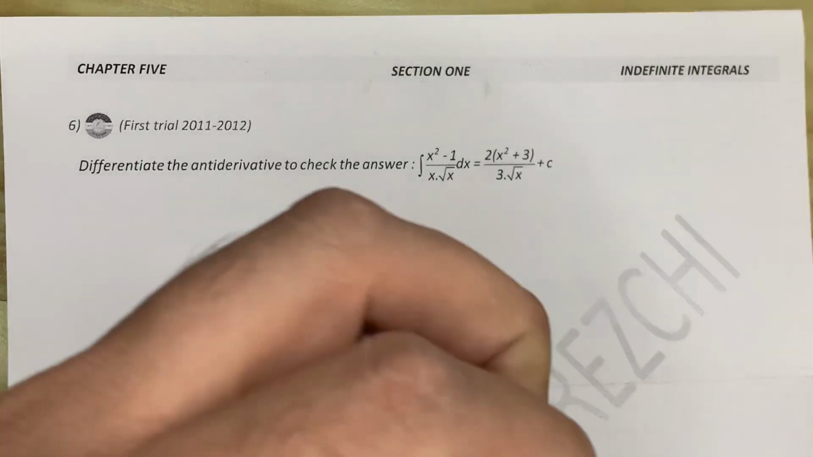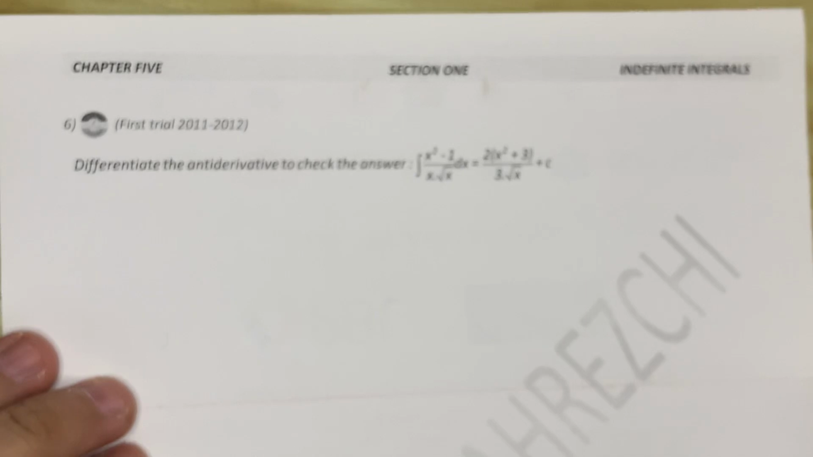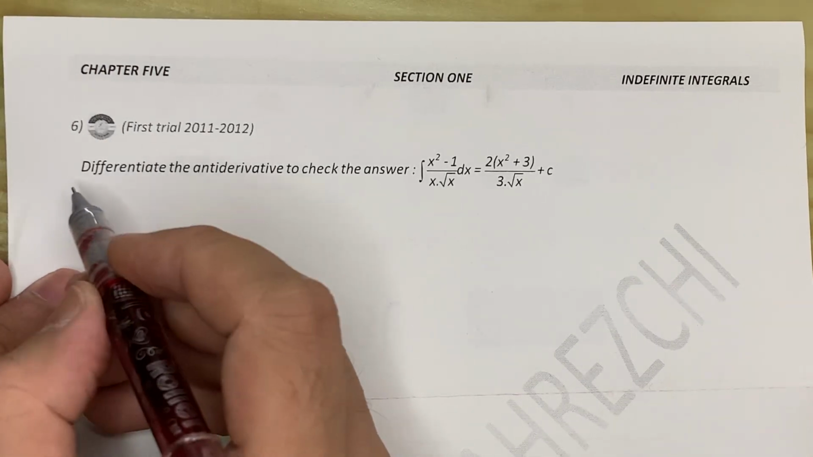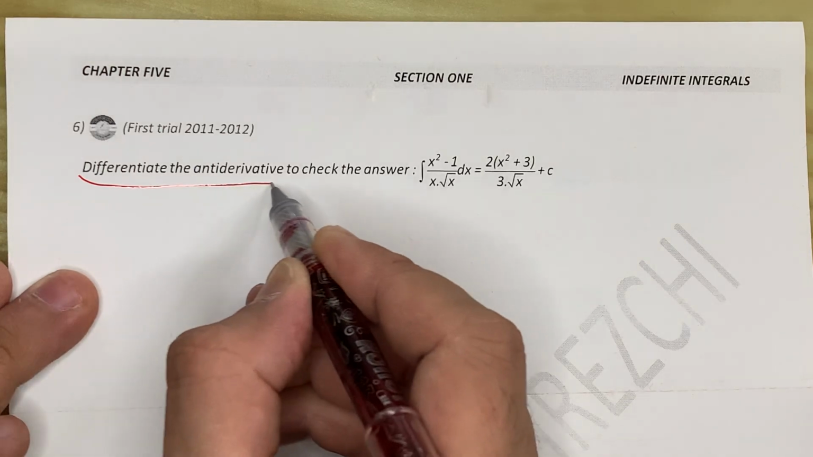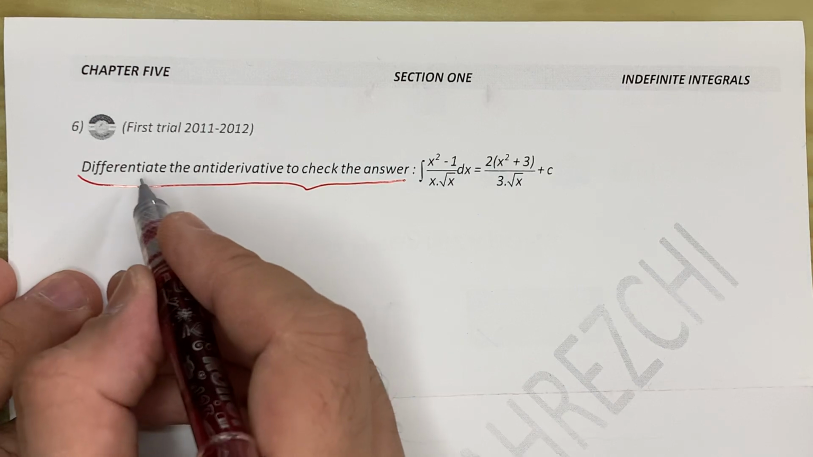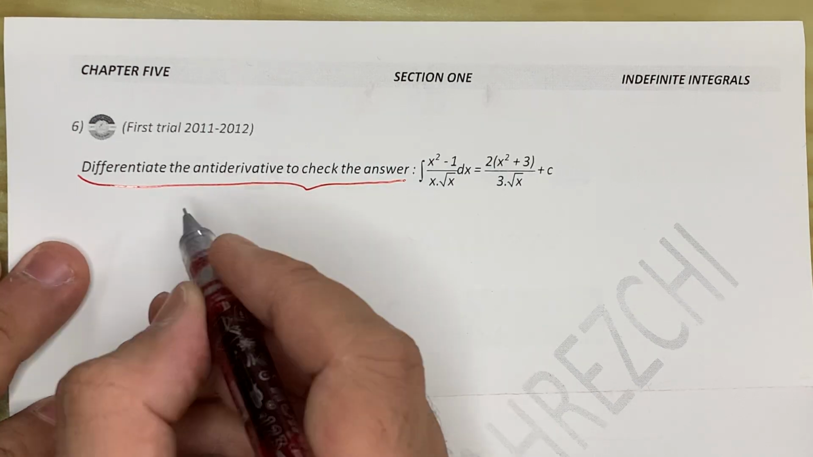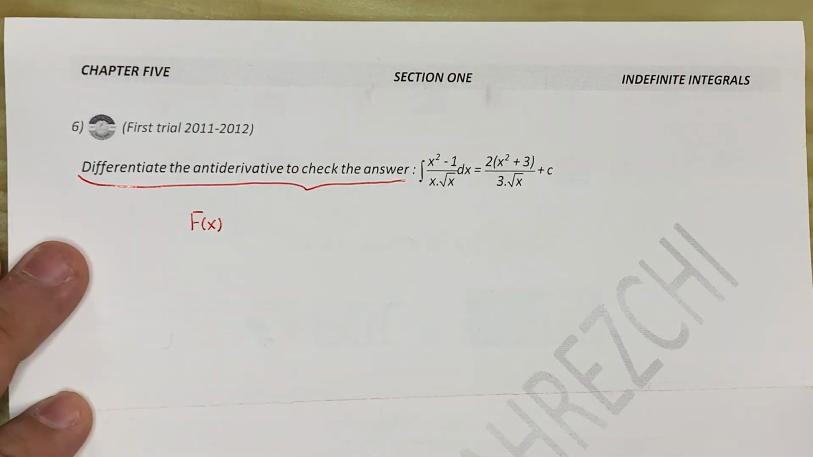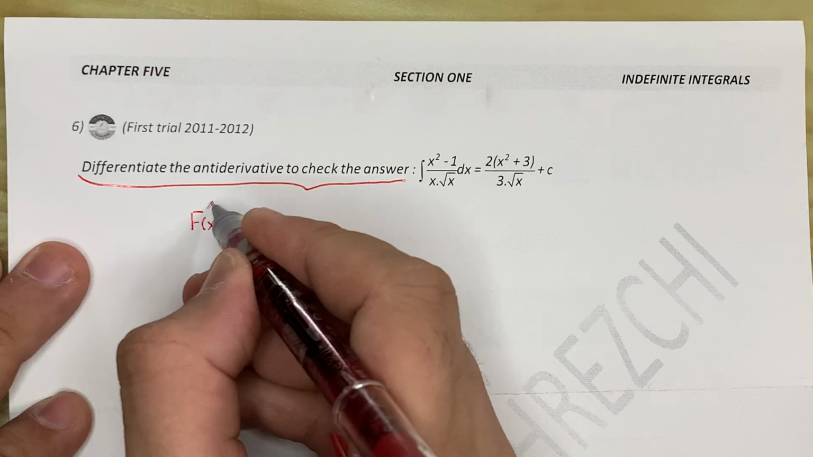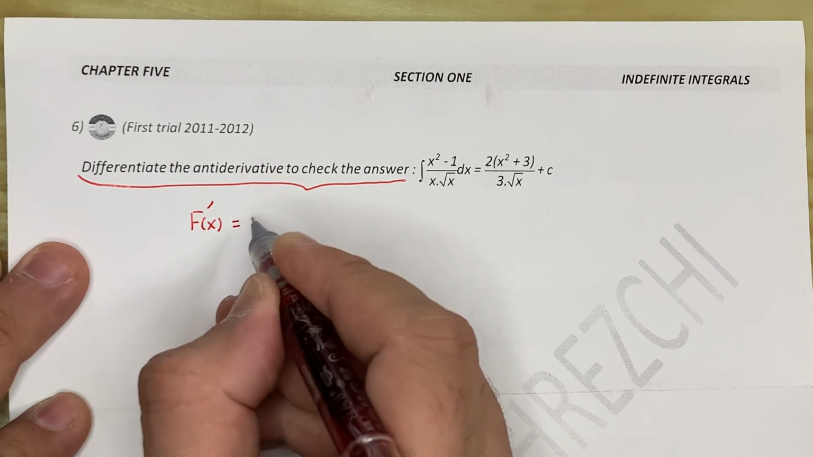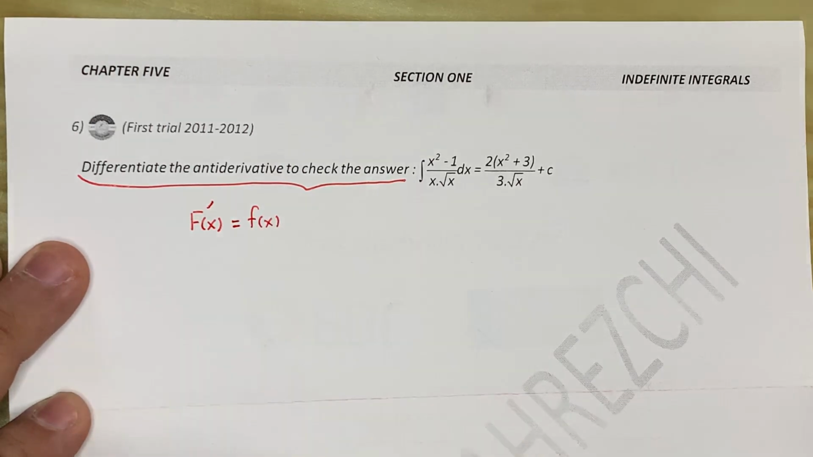First of all, students, I want to remind you the meaning of this sentence. What is the meaning of this sentence? Differentiate the antiderivative to check the answer. Okay, this one is very important to understand. Differentiate means take the derivative of what? Antiderivative. Okay, everyone knows F capital stands for the antiderivative in chapter 5. Differentiate antiderivative means take the derivative of the antiderivative to check the answer, meaning is the answer equal to f small of